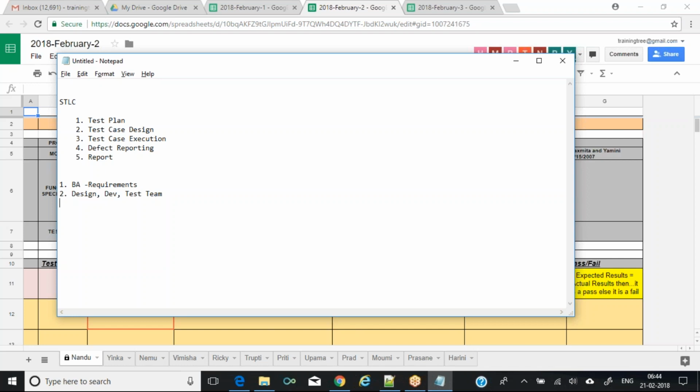What does the design team do? They will be creating a proper design. The architect will be involved and will prepare a proper design, giving every detailed piece of information as part of the design. Then the dev team and testing team will both work parallelly. The development team will be developing the application using some language or technology decided by the architect, and the testing team will be